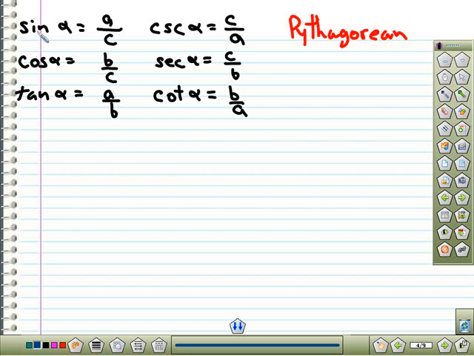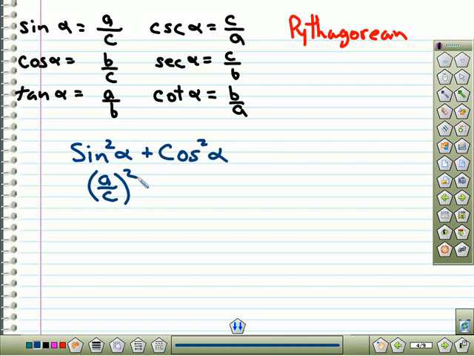Let's look at sine alpha. We know that it's equal to A over C from the previous triangles we looked at. Let's suppose, and I realize we talked about this a little bit yesterday, but I want to formally just state it here. Let's suppose we look at sine squared alpha plus cosine squared alpha, and we want to see what that equals. Well, sine alpha is A over C, so sine squared alpha is A squared over C squared, plus cosine alpha